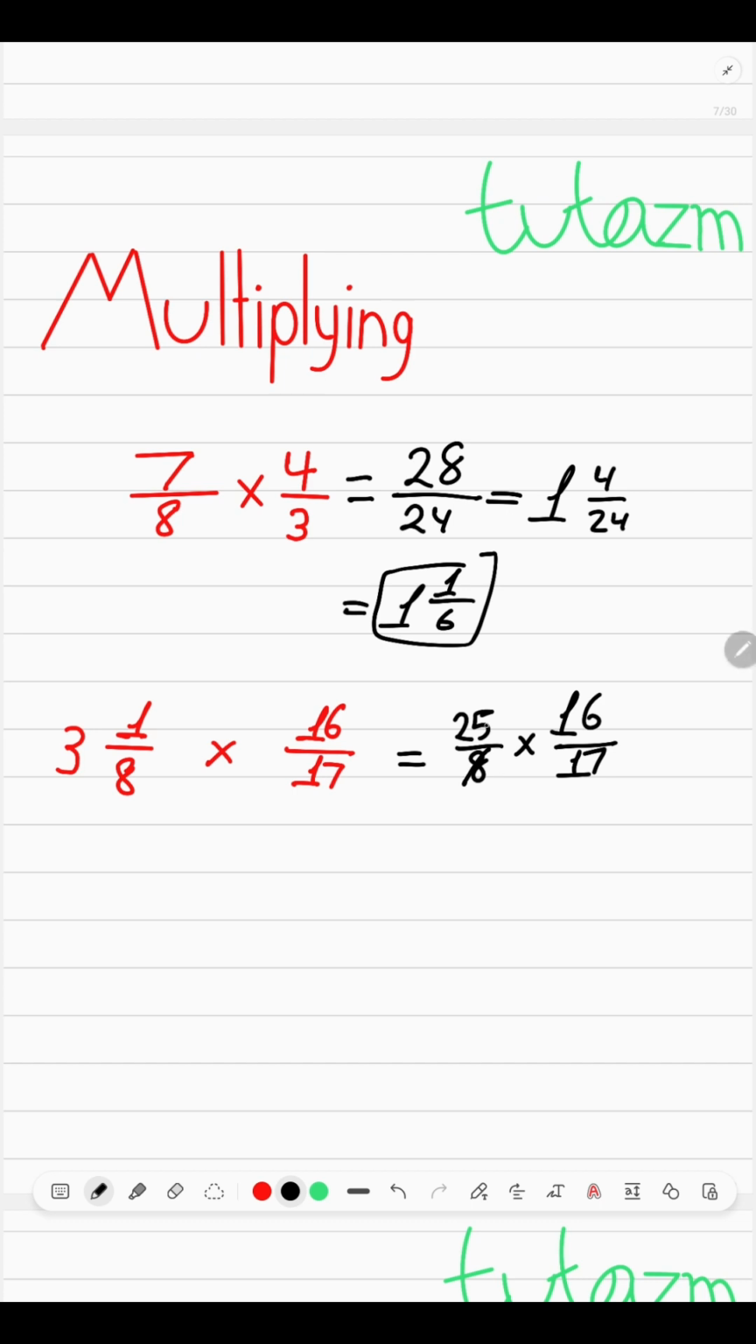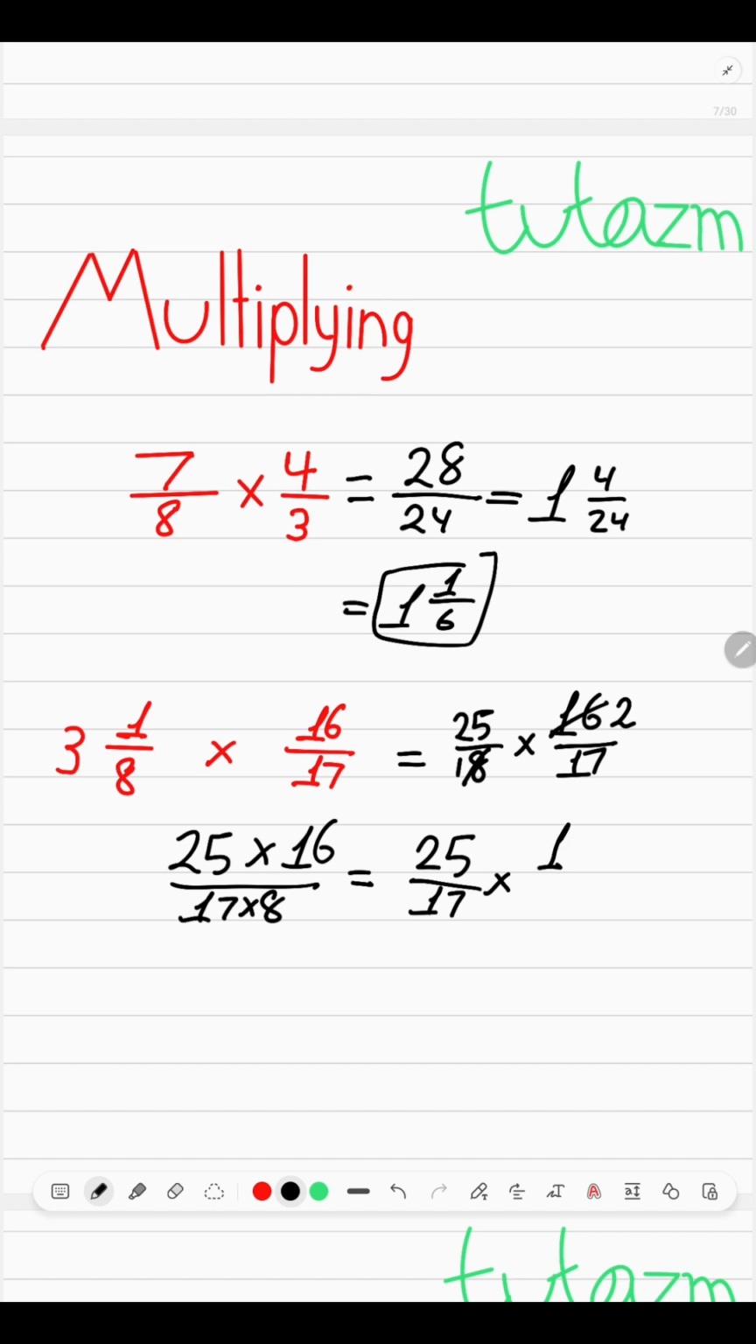So in this case, we can cancel out the 8, because 8 goes into 16, and we can turn the 16 into 2. And instead of the 8, we'd have a 1 here. This is because if we were to actually do this, like 25 times 16 over 17 times 8, this would be the same as 25 over 17 times 16 over 8, which is just 25 over 17 times 2 over 1, which is what we're doing here, basically. So just drop all of this out,